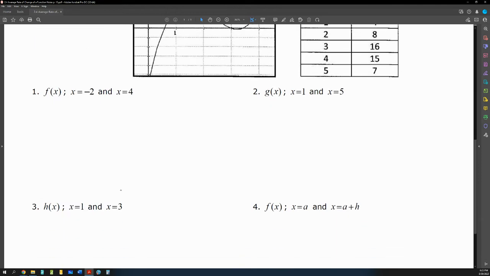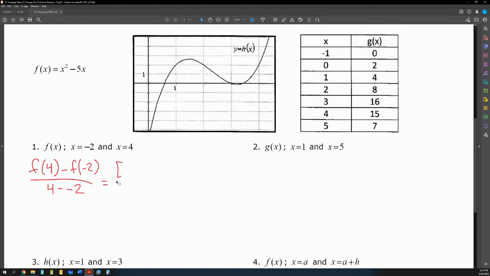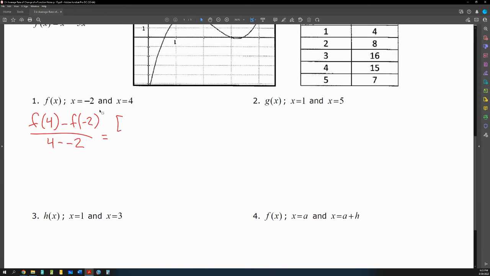So to do this, we're going to use our definition, f of b minus f of a all over b minus a. So we have f of 4 minus f of -2 all over 4 minus -2. So in order to find this average rate of change, we have to evaluate the function for both f of 4 and f of -2. So evaluating for f of 4, we plug in 4 into the equation. Well, our equation is x squared minus 5x. So plugging in 4, we have the quantity 4 squared minus 5 times 4, and that's f of 4,